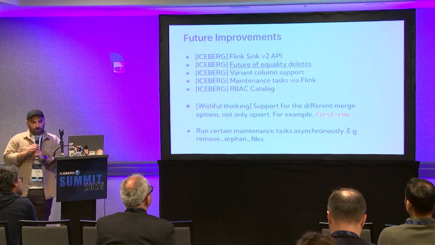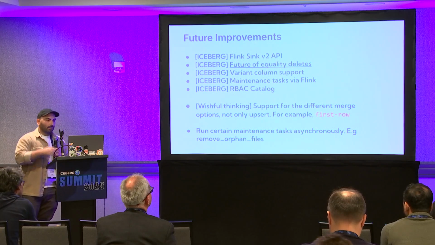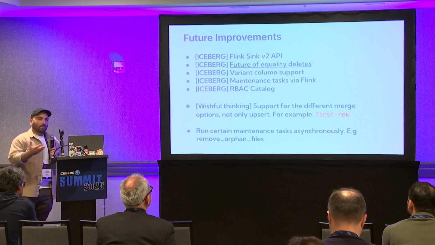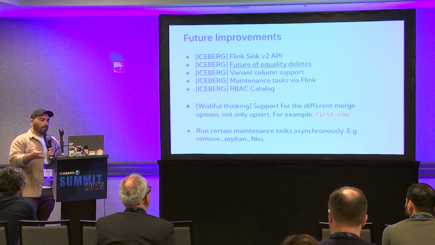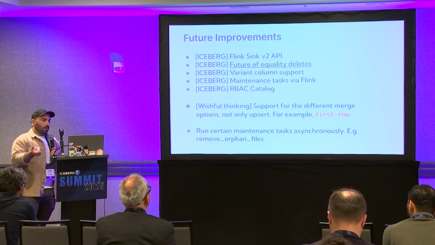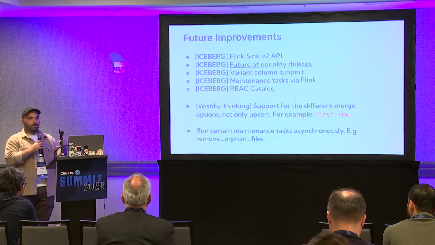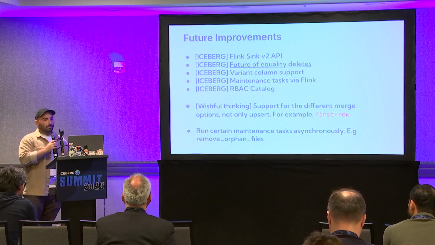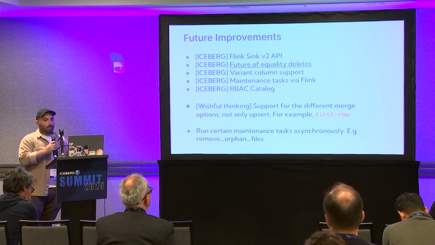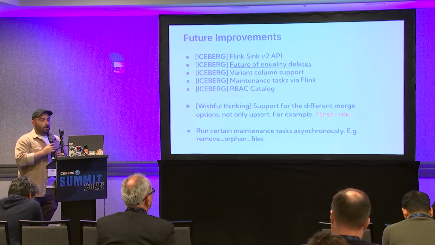Some of the future improvements that we would like to see in general in Iceberg, and what we are looking forward to, is first one, since we are very much invested into Flink from a streaming perspective. Right now the Iceberg writer of Flink is based on the Sink v1 API of Flink, and migration to Sink v2 API is in progress. Once that happens, we can even do cooler features like overriding post-commit and pre-commit